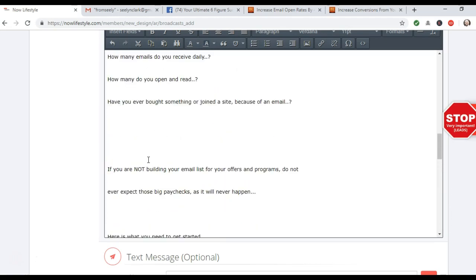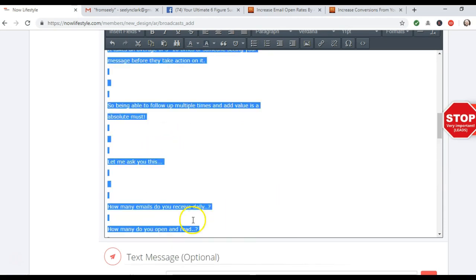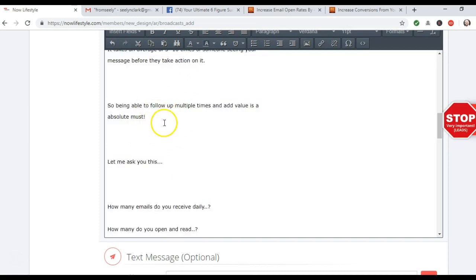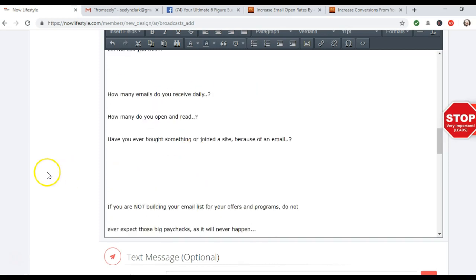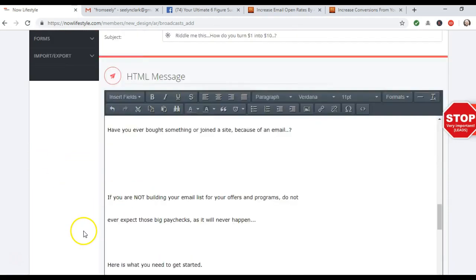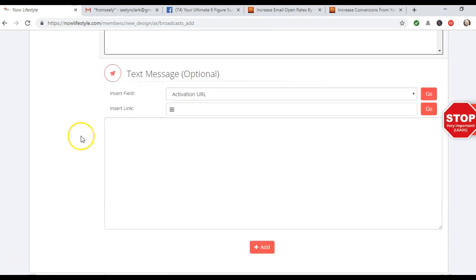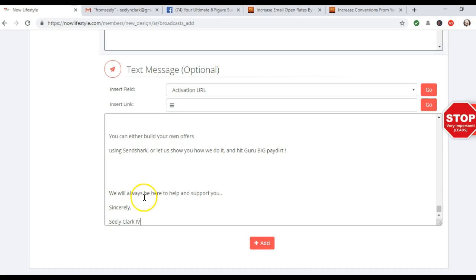to somebody in your lead capture system as you are in your autoresponder, all you have to do is select all, copy, unselect again, make sure there's no blue on it, and then you can go to your lead capture system, paste it in, and it's ready to go. But for this purpose, I'm copying it right here, and then I'm going to paste it into the plain text